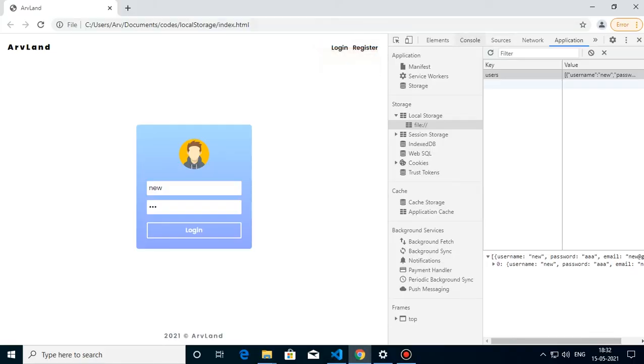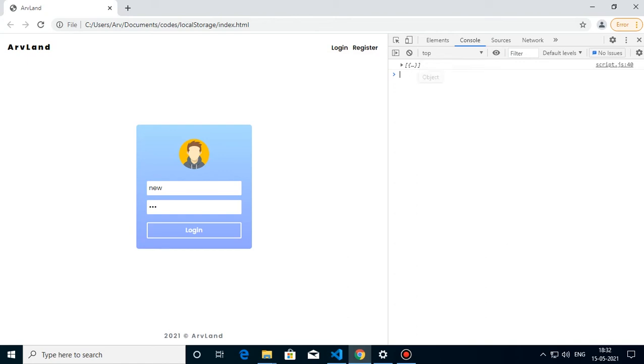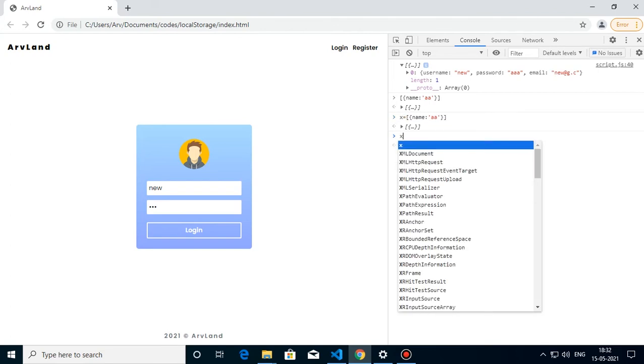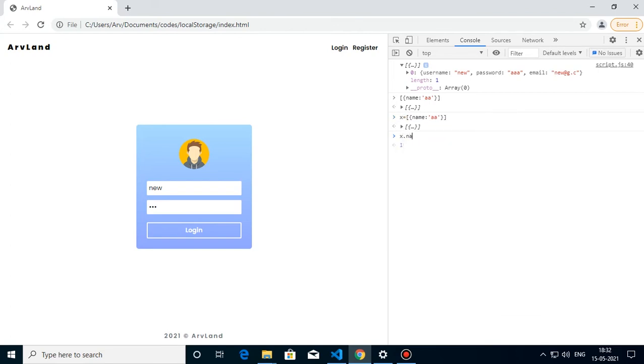Users.username will always be empty, because there is no users.username. I cannot get x.name like that, because x is an array. So what I have to do is x[0].name, because it's the first element.